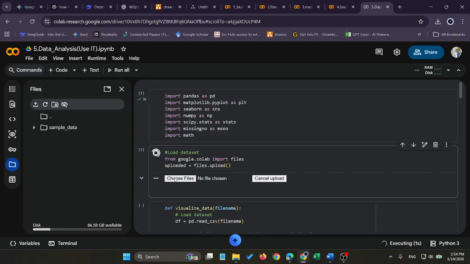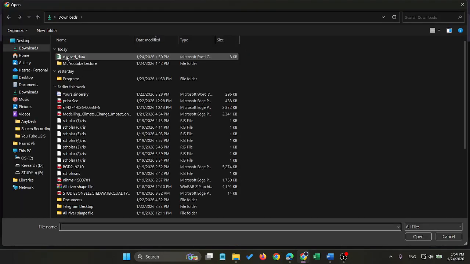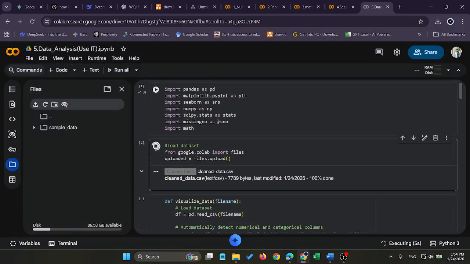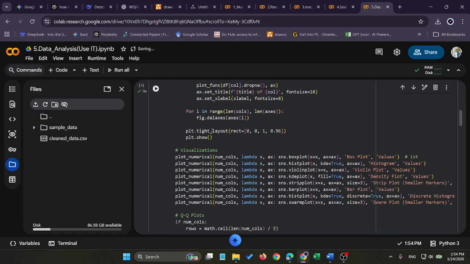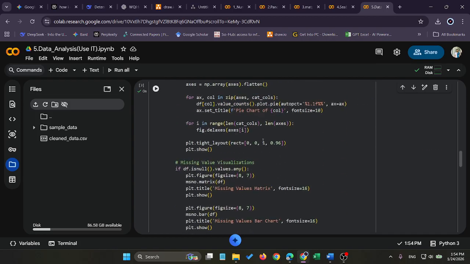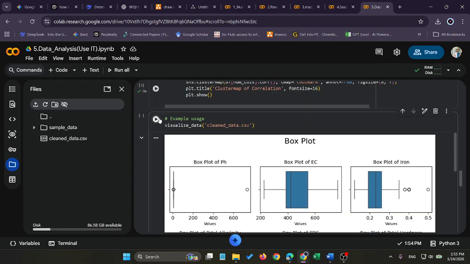You can press run, choose file. This is our cleaned file. So automatically this code is run. Automatically you can visualize the clean dataset. You have to change the name if your downloaded or saved file name is different, then you have to paste here